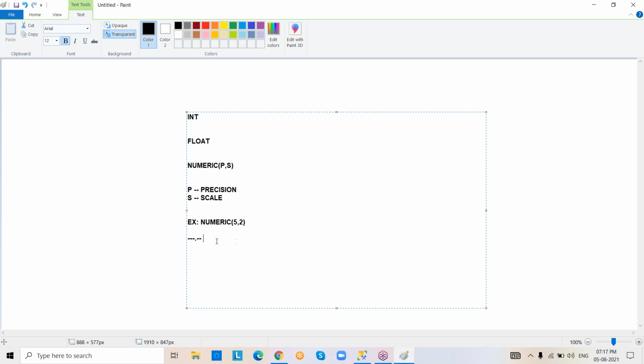Yeah, sure. Actually, precision comma scale. Precision means total digits existing in that number. Scale means number of digits after the decimal point. I have given 5 comma 2. Total 5, 2 after decimal. That means before decimal I can go for only 3. Only this part is scale, and the whole part comes under precision. Is it clear, Abdul?